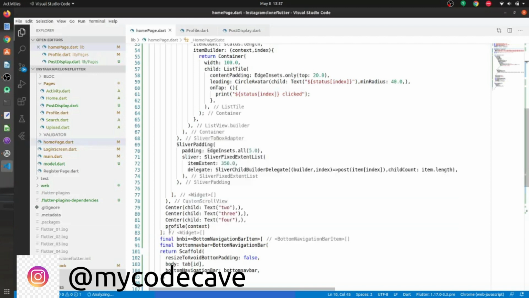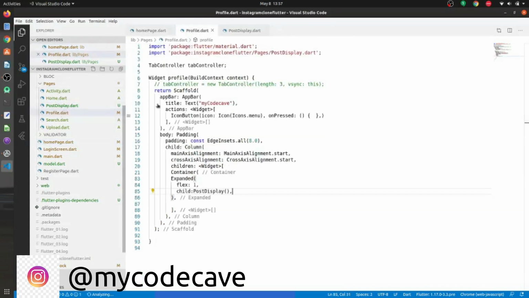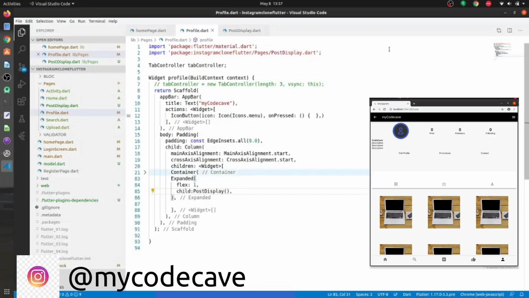Okay, so what is this profile tab? It is just a widget tree. You can see that it's just a widget tree. I have added that in a page. I was trying to add a tab controller in that, but was not successful. After that I have added a scaffold that will show the screen, the header app bar. After that I have just given a name, because in our profile we can see our name on the top left corner. So I have just added a demo name. And after that I have just added a menu button so that we can add something in future.